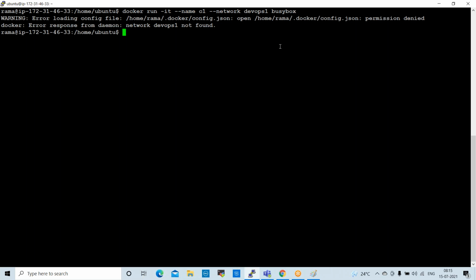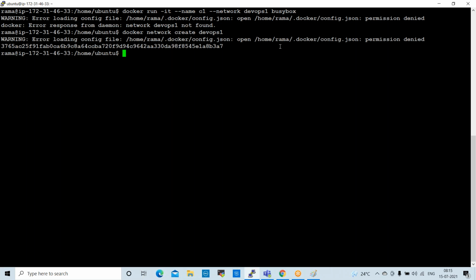First we'll create two networks. docker network create DevOps1. I'm creating this network. DevOps1 is created. Next, DevOps2 also I want to create: docker network create DevOps2.